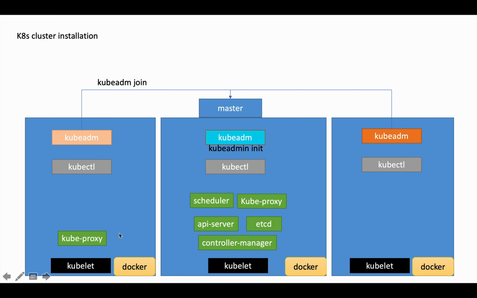It provides the network access. And in this workload, we can also use the same process, kubeadm join, to join this node as the workload, and the kube proxy is also